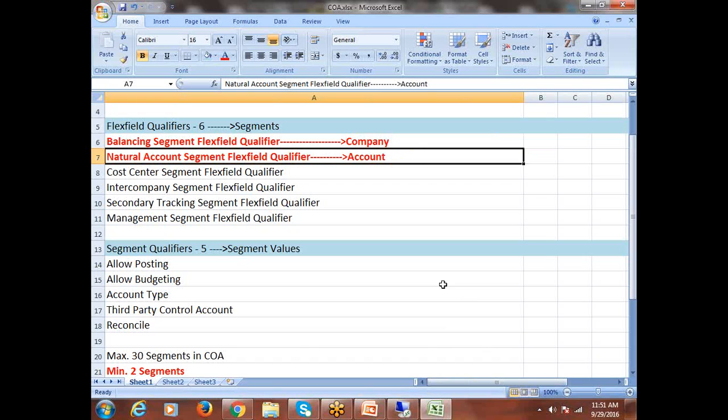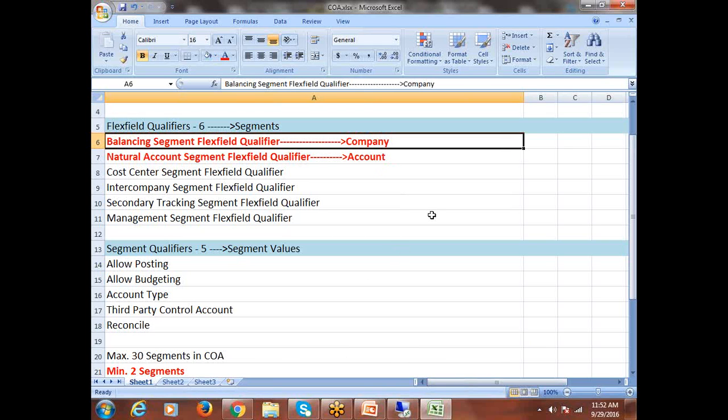Natural account segment. Add it. Okay, so natural account segment. Now this balancing and natural account segment flex field qualifiers, we are assigning to the 2 segments. And the simple point is, to which segment you assign the balancing segment flex field qualifier, that segment will be called as